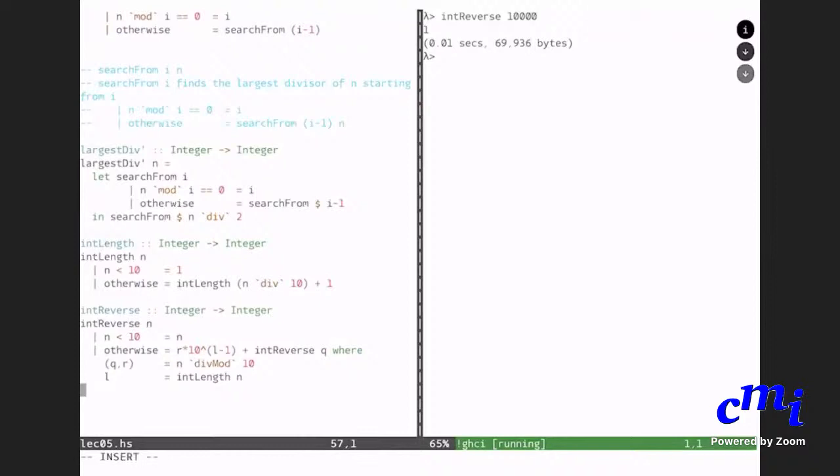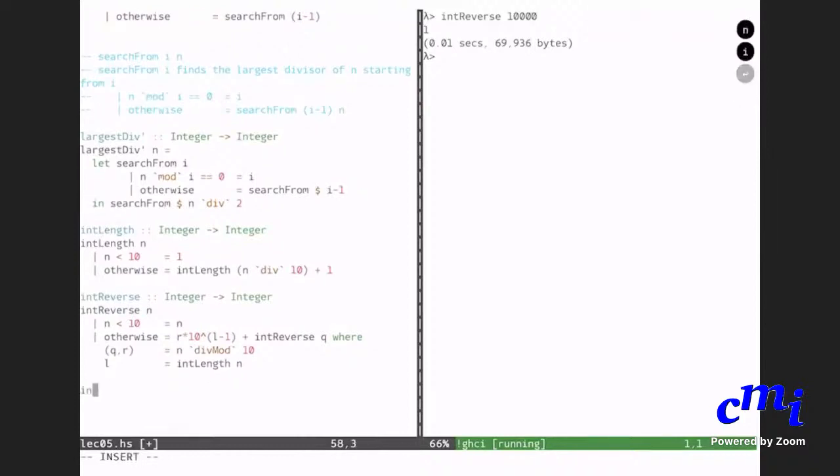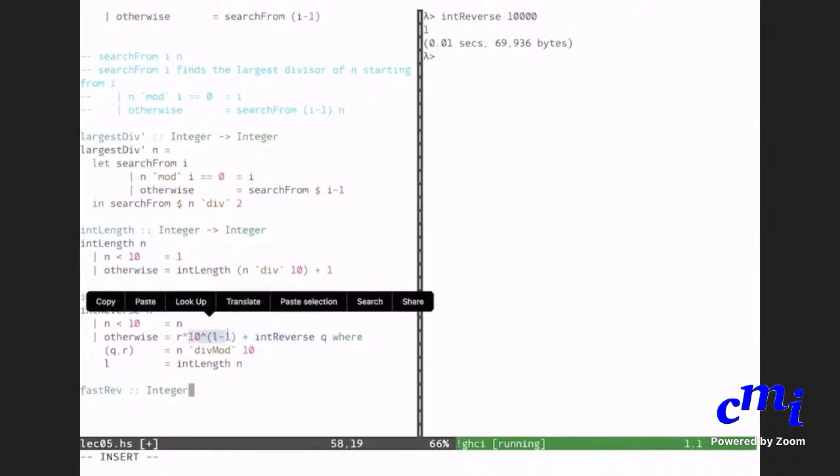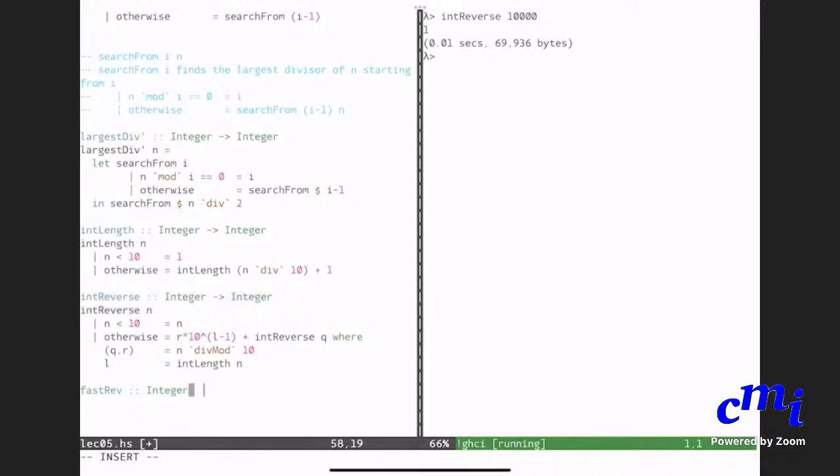You want to say fast reverse. Fast, because here I have to do div mod by 10, etc., and I have to raise to the power L minus 1. All that I have to do. It's a little tricky. It's a little time consuming.